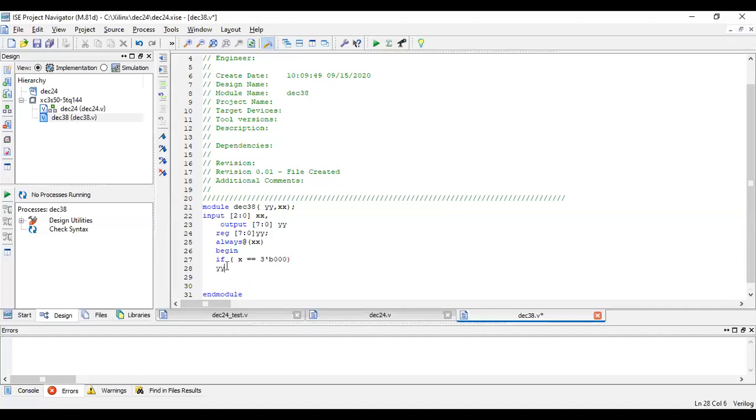Our x and y are written as XX and YY. YY will be equal to 8'b00000001. 8 bits I have. Oh yes, it is 8 bit. Then what is the next combination? The next combination is else if